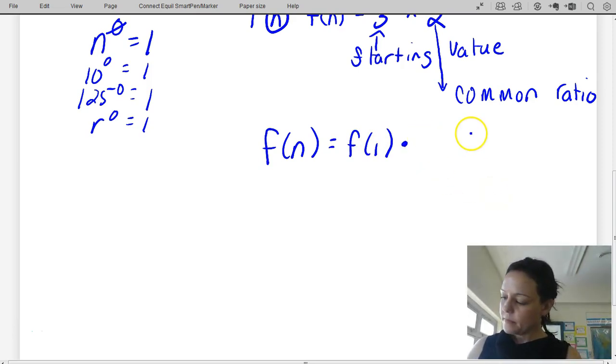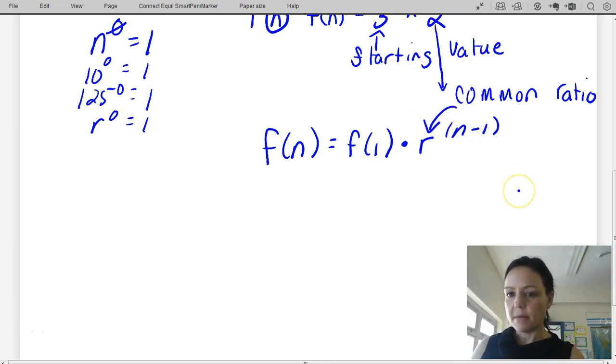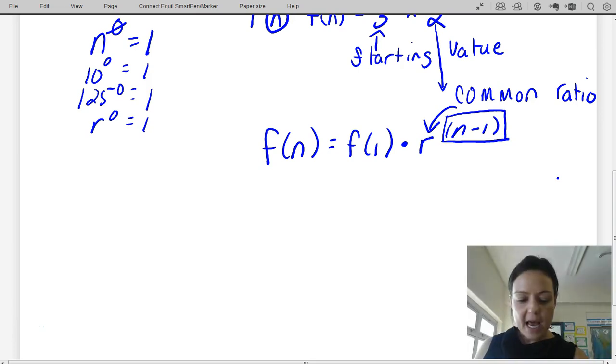times r to the n minus 1, right? So our common ratio is represented by r for ratio, and our predecessor at n minus 1 is represented in the numerator, and now that always has to be, if this is our starting value